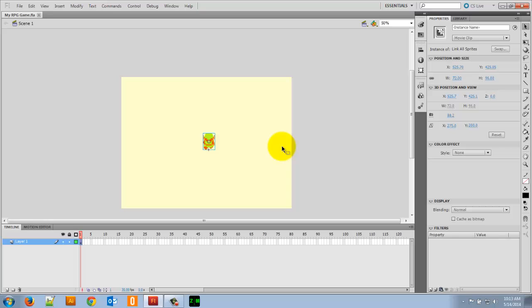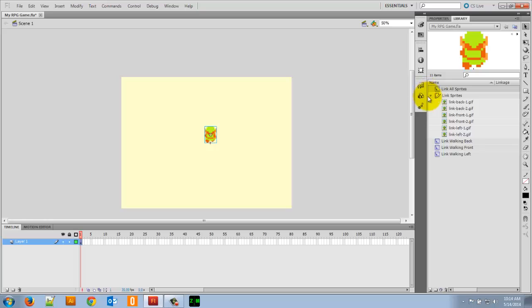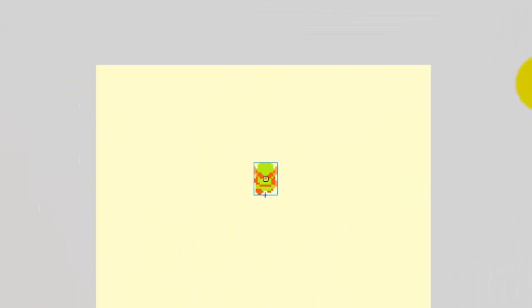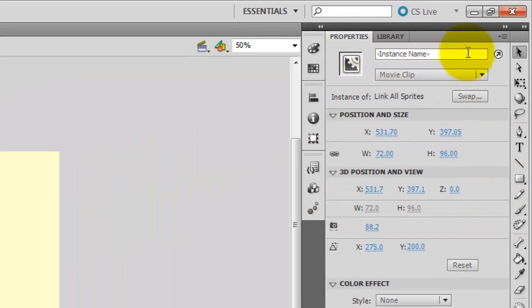The next thing we need to do is have a way to refer to Link when we're programming. I need to be able to tell the computer to talk to this guy, and to do that, I have to give him an instance name. Now, what does that mean exactly? Well, I have an object in my library called LinkAllSprites, and an instance, or a child of LinkAllSprites, is right here on my stage. And under Properties, I can refer to that instance by typing in an instance name. So I selected Link with my selection tool, and under the Properties tab, I can go inside the instance name box and type in